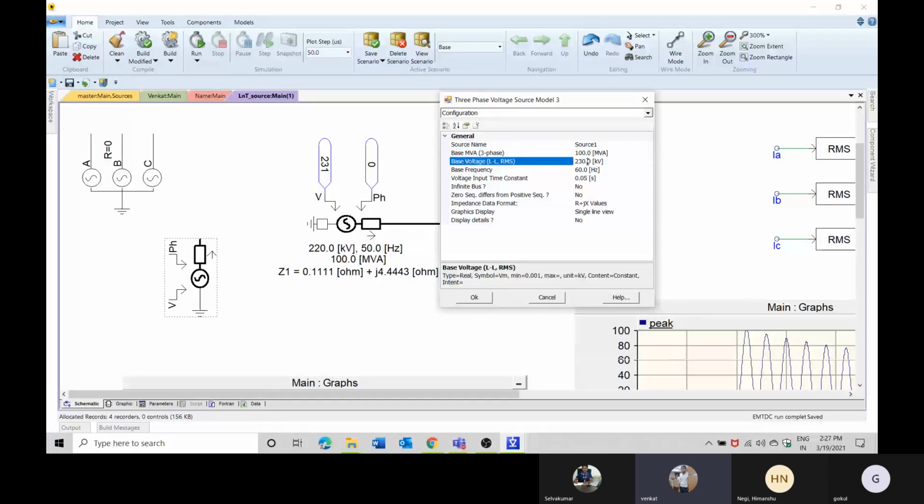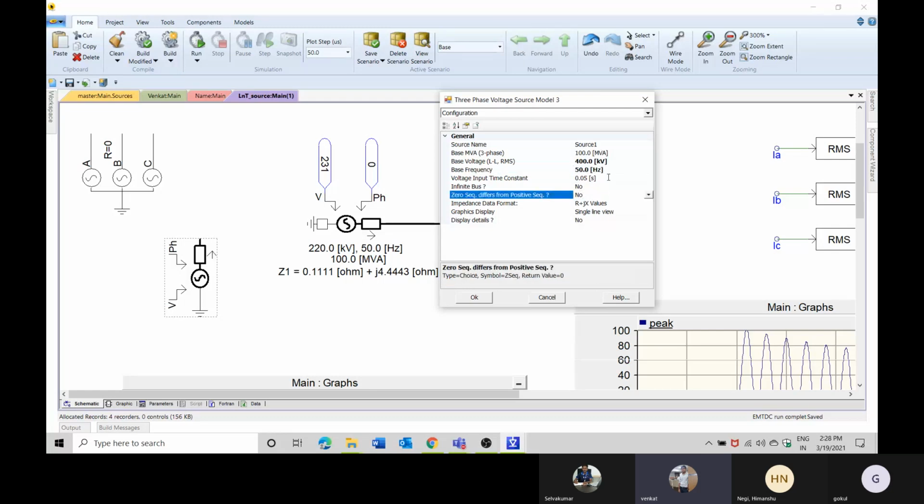And the base voltage is the voltage of the particular source. For example, here I'm using 400 kV, so I have to set my base voltage as 400 kV, and the base frequency which we are going to keep for the particular network. I'm choosing a 50 hertz system here.